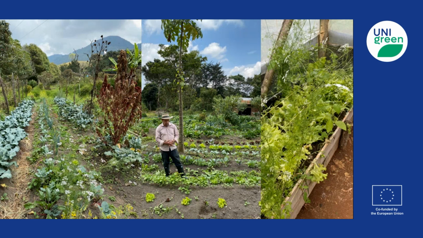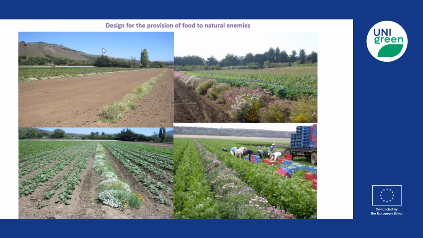So this is just one example of one farmer in Colombia. Here, he's a peasant. He didn't even go to elementary school, but it's amazing how he got all the agricultural principles in place. It's his farm. He has more than 20 different species. He has flowers. He understands everything. Anyway, so this is the design of